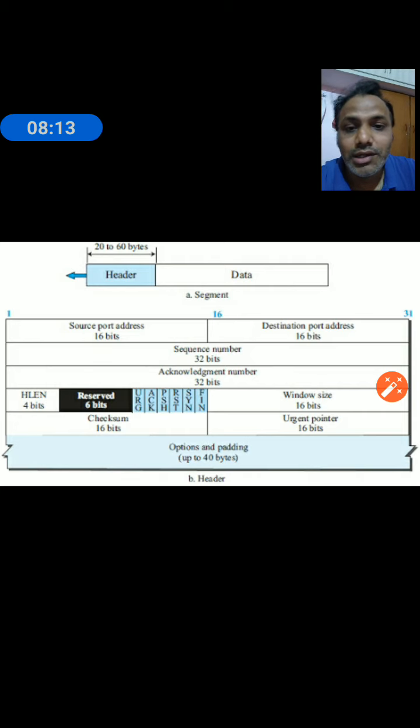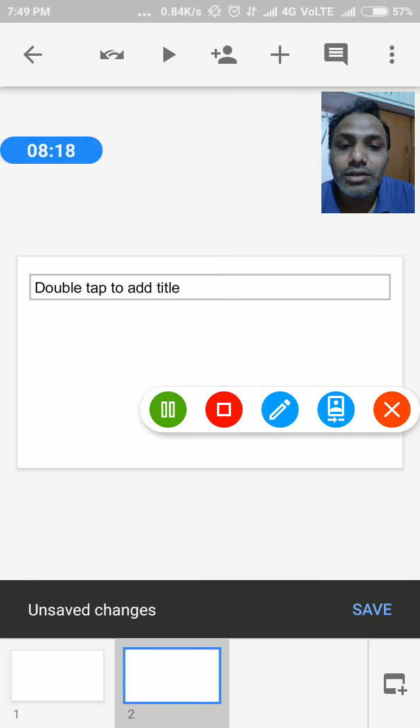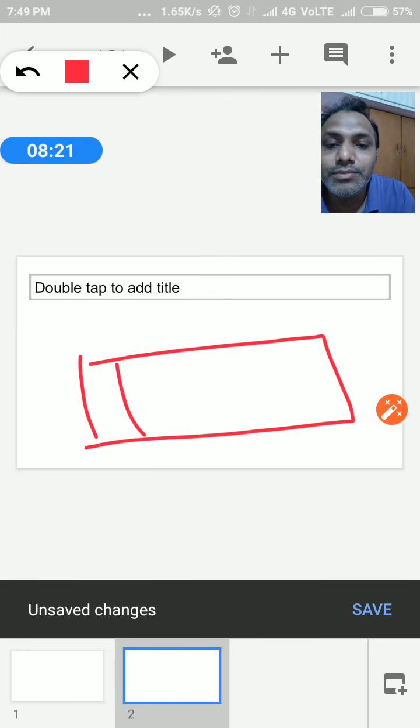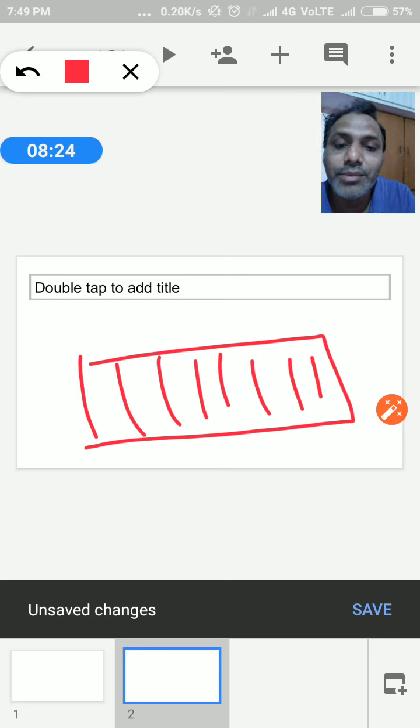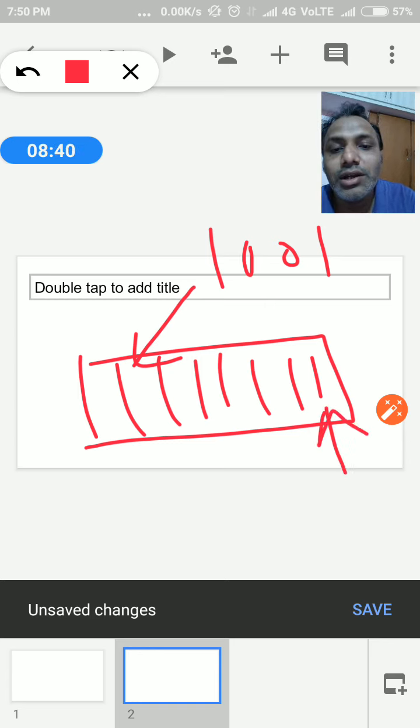Okay, so according to the diagram, we go to the diagram here. Here these are the bytes. This is the segment and inside it the bytes. Suppose I send this one segment, 1001. That 1001 data we have to send, and the last byte number is 1001, and we got the acknowledgement, so 1002. Okay, so this is the number we have to provide.